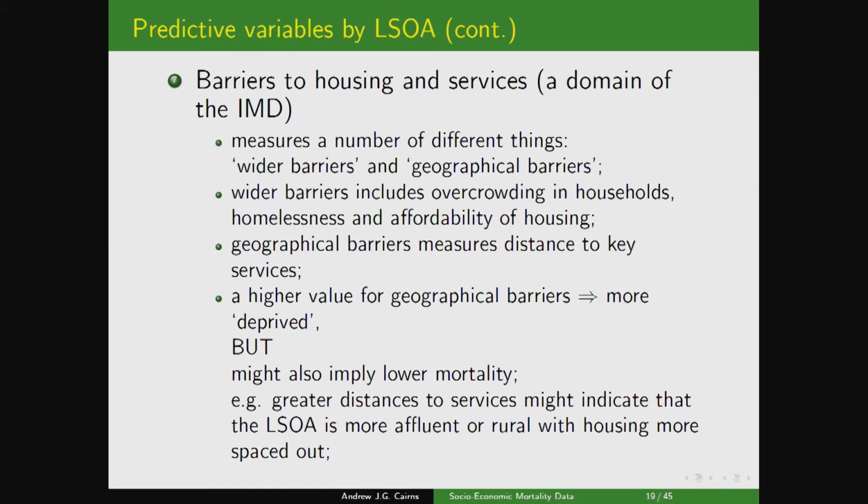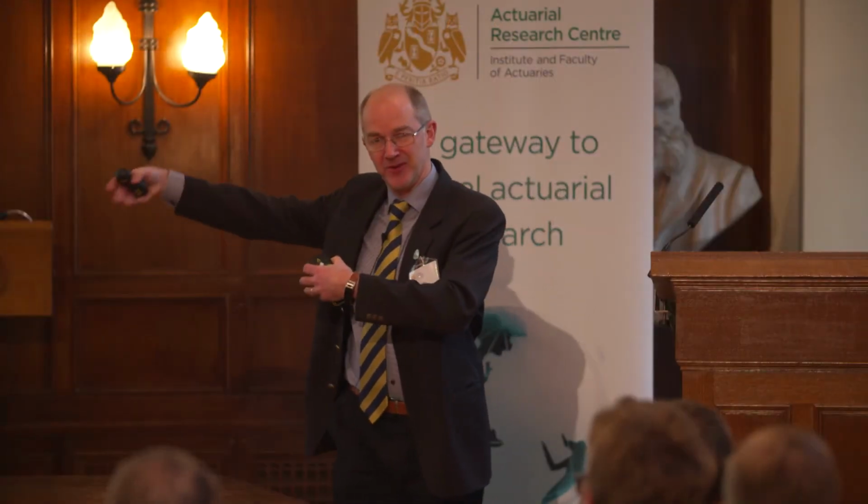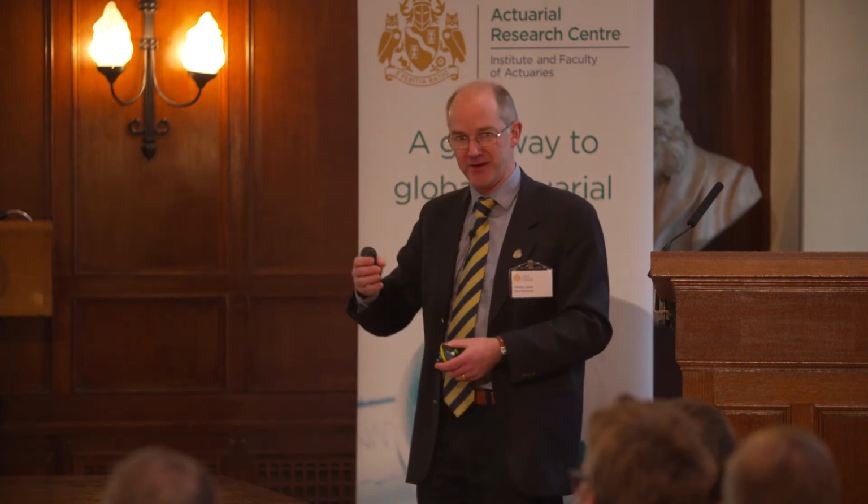Barriers to housing and services, again, that's split also, so there are wider barriers which have overcrowding, homelessness, and the affordability of housing. And then geographical barriers is measuring the distance to key services like doctors, surgeries, shops, libraries, and things like that. But the interesting thing here is that although for the purposes of the deprivation indices, a sort of high value for geographical barriers, so that means bigger distances,